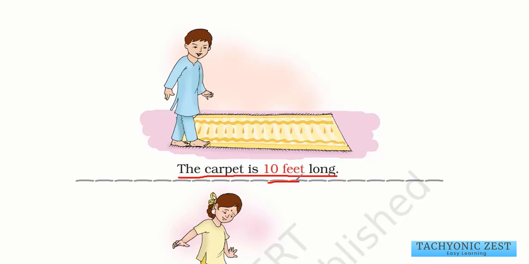So after measuring this carpet, he places his left foot first, then at the end of the left foot he places his right foot, then again at the end of the right foot he places his left foot. You can go ahead and do the same exercise. You can take the carpet which is there at your home and use the same method and find out how long, or how many feet long, your carpet is. Okay, and you can write it down somewhere over here. So do it as homework. This carpet is 10 feet long.